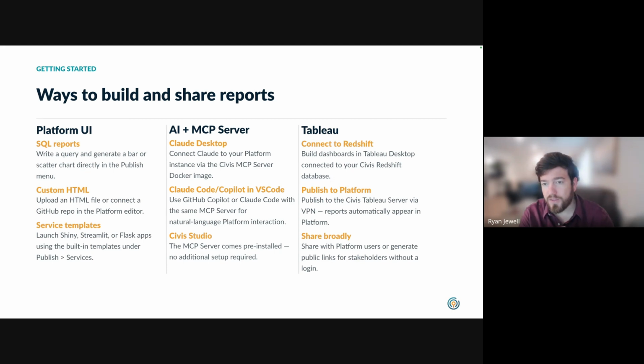And then, of course, we also have Tableau Desktop. Tableau Desktop connects directly to your Redshift hosted on Civis Platform. You then connect to our Tableau server, and you get that published and share it with platform users or public links. So, I'm going to jump into talking about